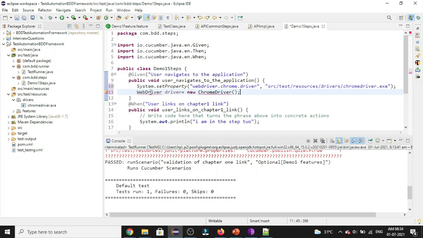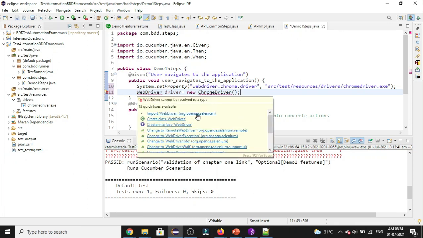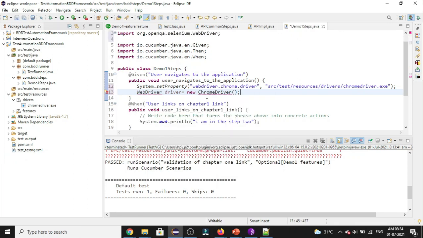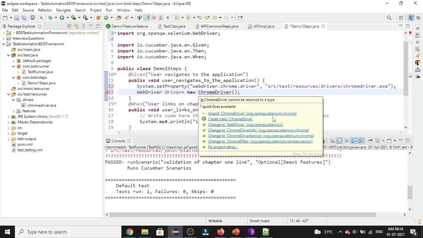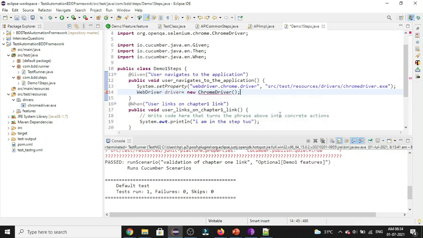Let's scroll to the WebDriver and import the WebDriver from Selenium and do the same for the Chrome driver. So by this step, what Selenium does is it creates the object of the driver and launches the Chrome driver